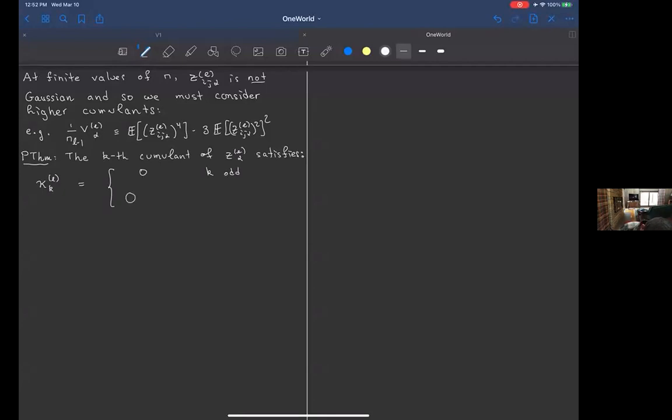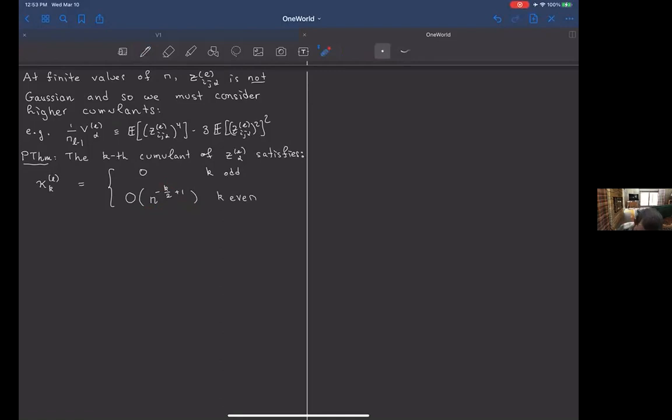The interesting thing is the scaling of the even cumulants. When k is even, it scales like n to the minus (k over 2 minus 1). The normalization is slightly funny, but this is what you expect from the central limit theorem. This says, for example, that the second cumulant, i.e. the covariance, when k equals 2, scales like n to the 0. That's good. That means it survives in the infinite width limit. We know it's supposed to, you get a Gaussian process.